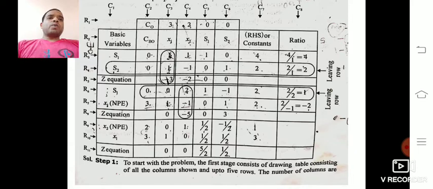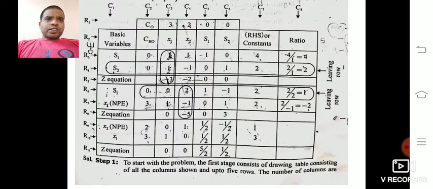Okay, now how are we going to find the R7 X1 new pivot equation values? By using the old equation element divided by the key element. And for the S1 row elements, how are we getting them? Using the formula: old element minus the entering column coefficient into the corresponding new pivot equation element. Okay, now again go for finding the R8 values, the row 8 Z equation values.